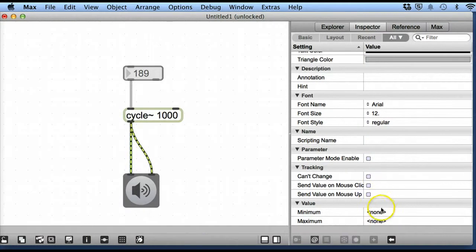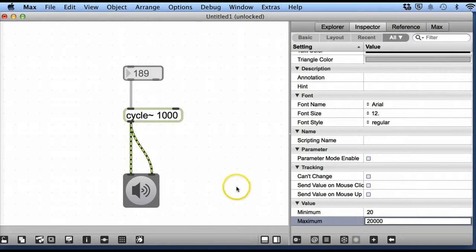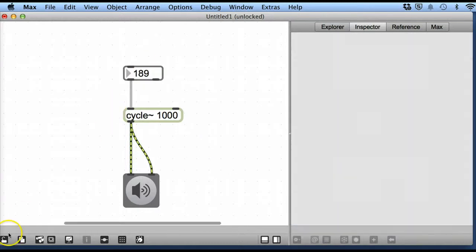If we go right down to the bottom, we can set the maximum and minimum numbers that we can use with this box. So if we set that minimum as 20, and double click there, and set the maximum as 20,000, and then right click, what we should find is